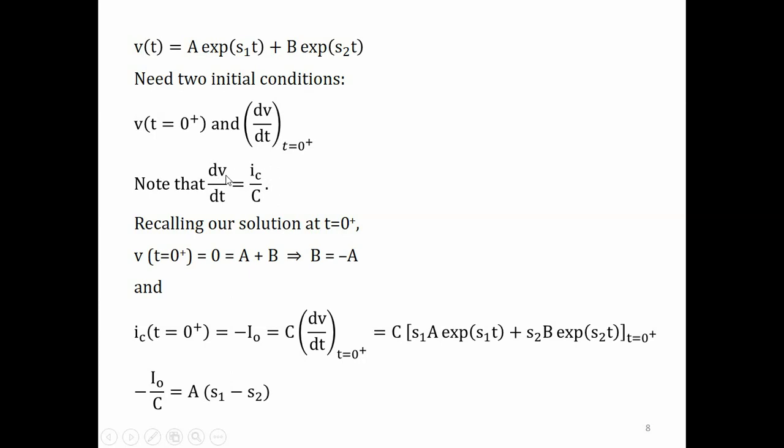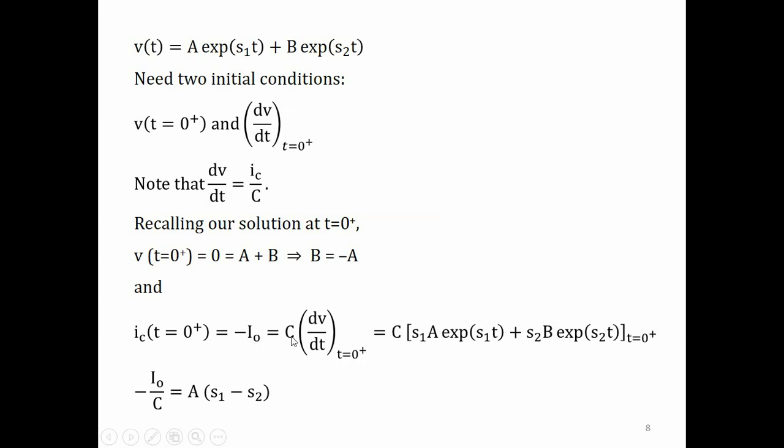So we say dv by dt at t equal to 0 plus is equal to IC at t equal to 0 plus divided by C, and we have already found IC at t equal to 0 plus. If you recall, it was minus I0. So we say minus I0 is C dv by dt at t equal to 0 plus, and that we substitute here. So we find the derivative